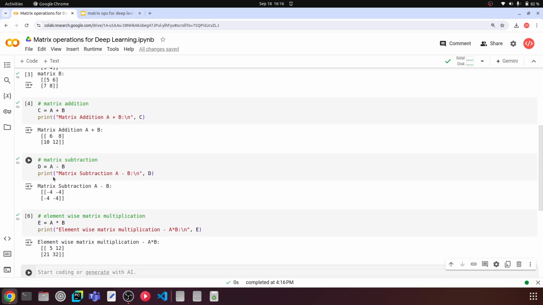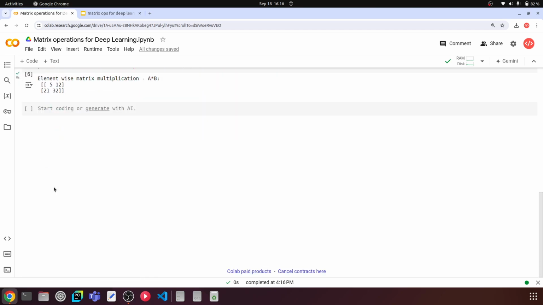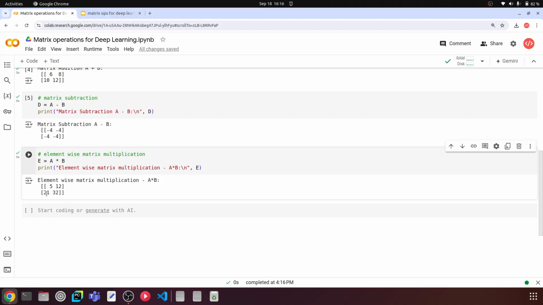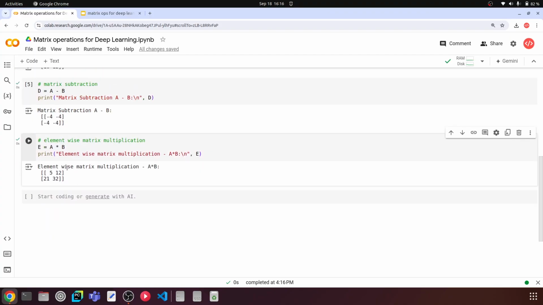So you take matrix A and B, multiply 1 with 5, you would get 5, 2 with 6, you would get 12. So that's basically what we are seeing here. So we have 21 and 32, which is for 3 into 7 and 4 into 8, the last 32. So this is how you can do an element wise multiplication by using the asterisk symbol, which is basically the multiplication operator in Python. So the next thing is the important multiplication operation, which is the dot product, or the